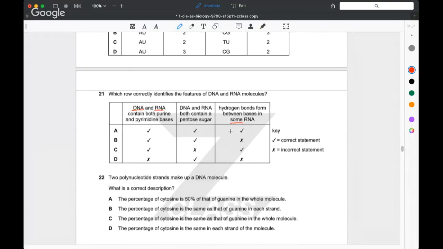Now, that's a kind of clue, because, as you know, there's 2 types of RNA. There's messenger RNA, isn't there? And then there's transport RNA. And so when it says some RNA, it's probably meaning, well, we've got to think about the differences between messenger RNA and transport RNA. But let's just have a think a little bit more about the